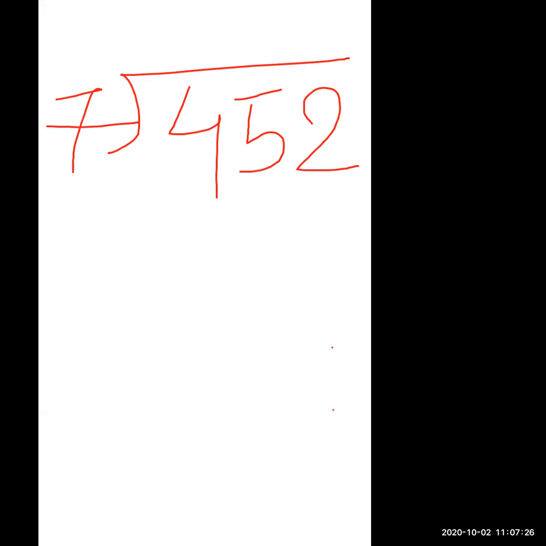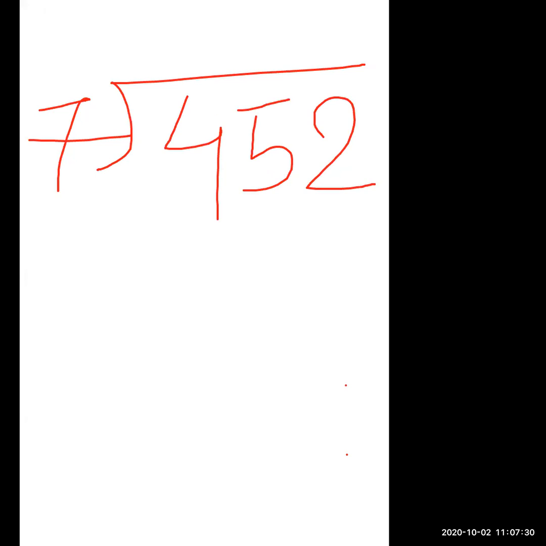The sum is 452 divided by 7. Look here, 452 divided by 7. Okay, now who is raising their hands? Hands down, I'm going to explain to you. Hands down, everyone. After that, I'm going to explain.